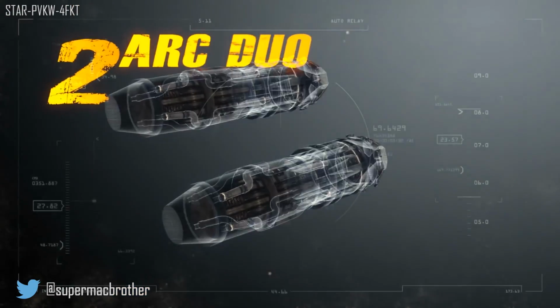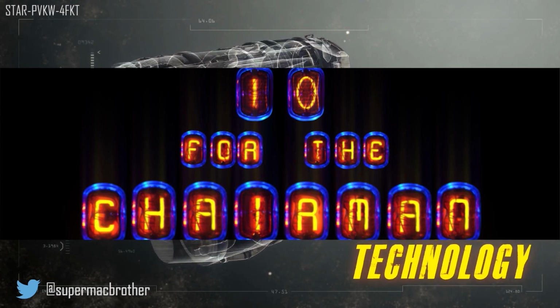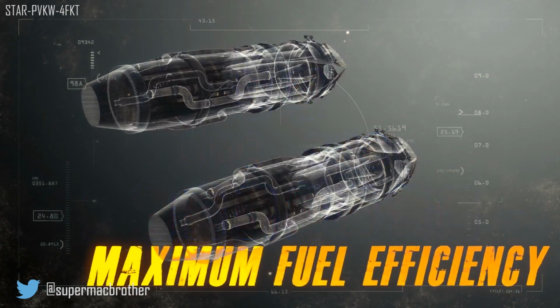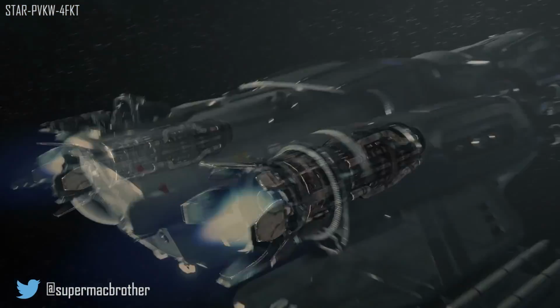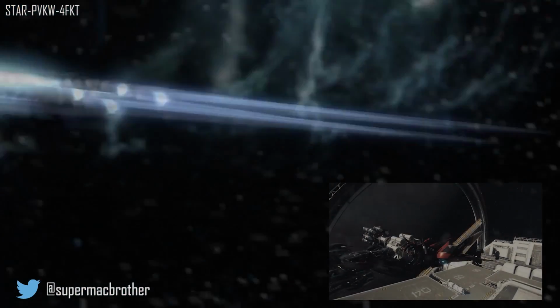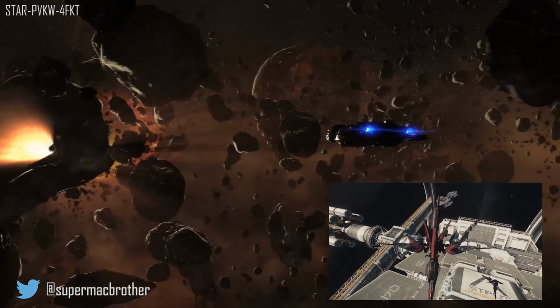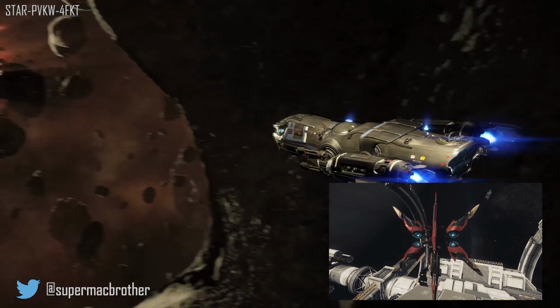So Chris was back this week for 10 for the Chairman. First question was, will the vertical and horizontal flight modes be manually activated? And he says right now it's either one or the other for the capital. Obviously when it's landed it'll be horizontal, and then when it takes off it's vertical, and you won't be able to change between them. The Reliant does have a vertical and horizontal flight mode, so potentially they may not be